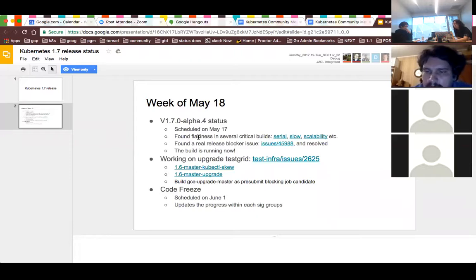But yesterday we did identify a real release blocker, where once the Kubernetes proxies restart, they pretty much just can't work functionally. Thanks to SIG Network's hard work, they reverted the offending commit, and now everything looks green so far. We still have the flakiness, but it is not a blocker for the alpha release. So we kicked off the build this morning, and we'll send out the update shortly after the build finishes, and hope the community can help us validate the new build.